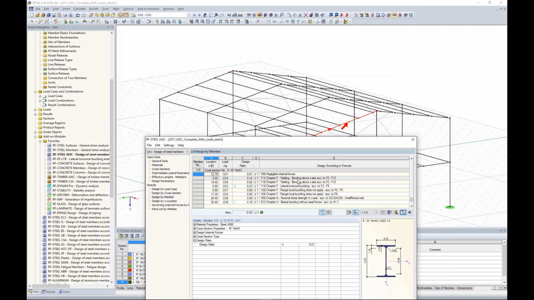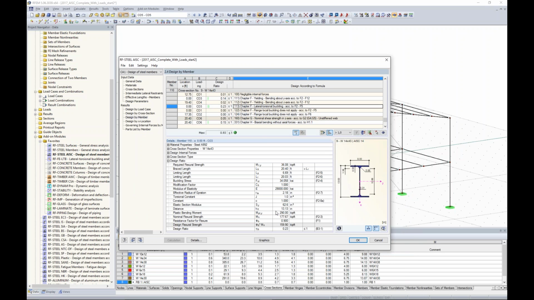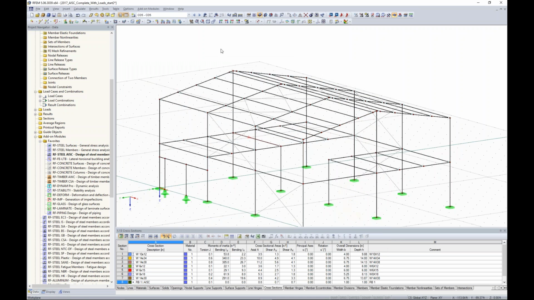We have here yielding, bending about the two axes, lateral torsional buckling, flange buckling, and so on. All the checks are there. If you want to know any detail, you just click here and you get all the intermediate values with the reference to the codes. And basically you can check everything, make sure that you understand what the software does. Of course, we can also show these results graphically,